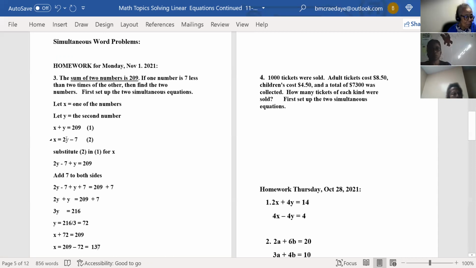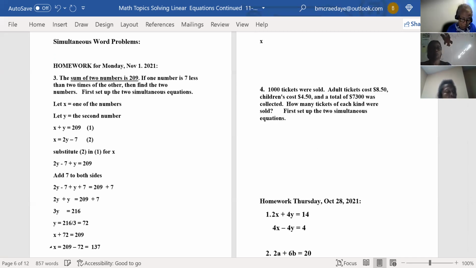Now, what about this one? What's 2 times y? 2 times y is 144, and 144 minus 7 is 137. So we can see this is correct. So our answers would be